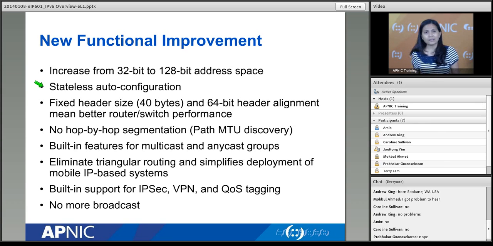Now, stateless auto-configuration is something similar. It's a bit close to DHCP, but it's not exactly DHCP in a sense. When you say stateless auto-configuration, your machine, the moment that you enable IPv6 in it, can now have an IPv6 address. It starts with FE80. It's what we call a link local address.